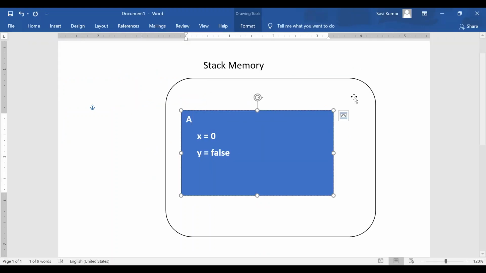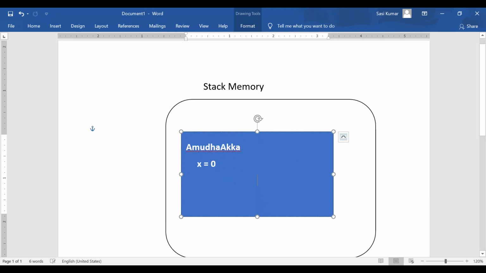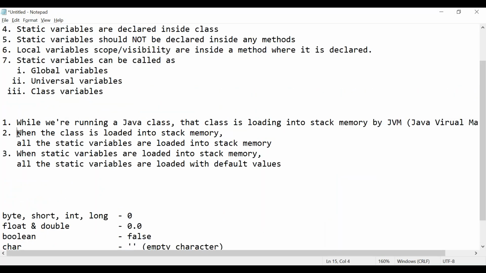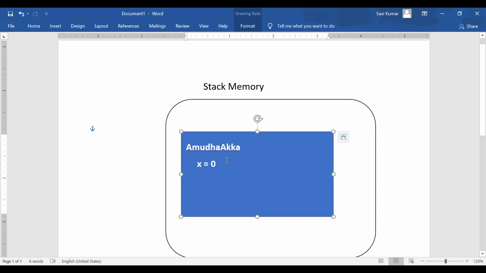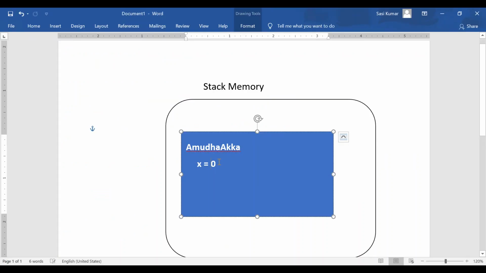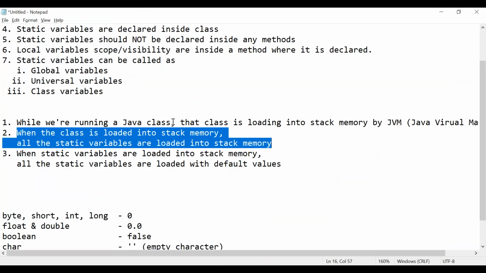The first point: the class is loaded into stack memory. What is the second point? When the class is loading into stack memory, all the static variables are loaded. Here we have only one variable, the x variable. X is loaded into stack memory. That is the second point.